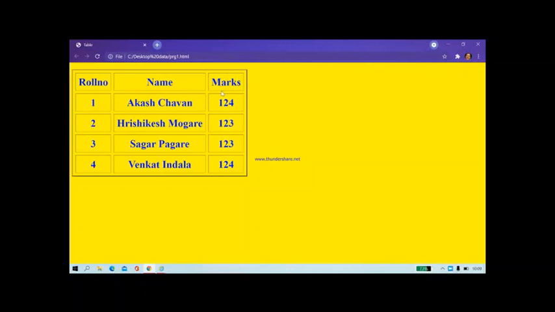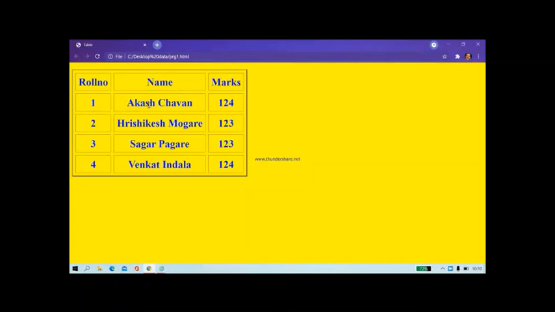Now a very important rule which you have to remember related to table in HTML5, that is always you have to insert the records horizontally. In the table, whenever you write a program, then always you have to go horizontally for writing the program. For example, in the first row, roll number, name and marks you have to insert.